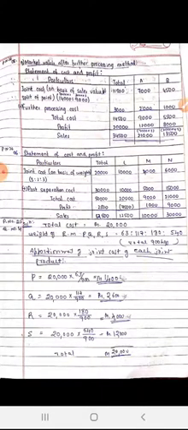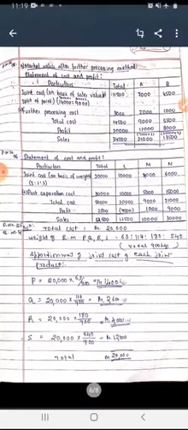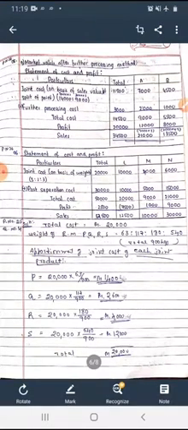At the time of writing the sales, how to write? For the first product, output is 2,500 with sale price 5. Again 1,000 into 10, 10,000. Again 1,500 output, selling price per kg 20. Then see the differences: for the first product we will get a loss, right? Because the total cost is 20,000, but we sold only for 12,500, so 7,500 is the loss. Okay, this is the problem, and similar types of problems. Only see how to divide the joint cost.